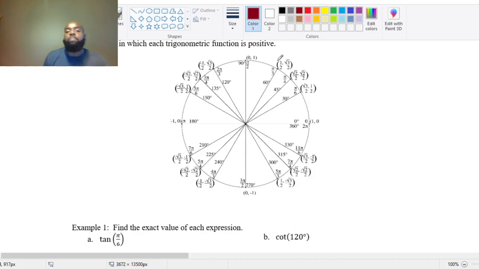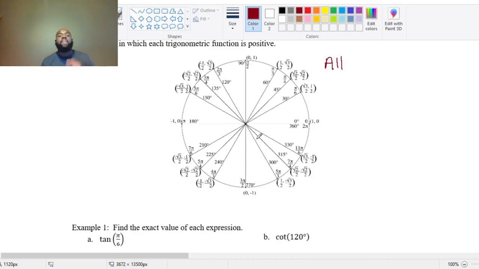Since these trig functions are based off of the x and y coordinates of these ordered pairs, and both are positive in the first quadrant, they're all going to be positive in the first quadrant. So every single trig function evaluated at an angle that has its terminal side within the first quadrant is going to be